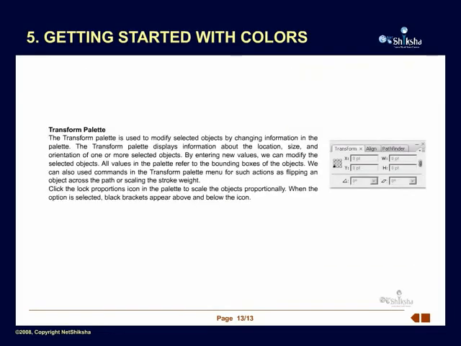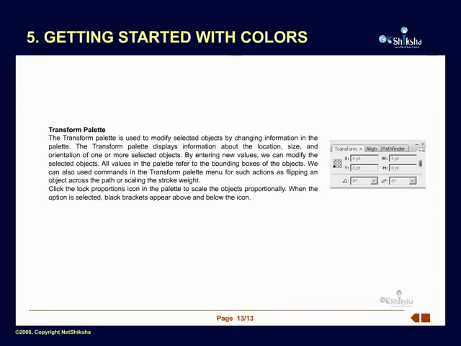Free Transform tool. The Free Transform tool can be used to rotate, scale, reflect, shear and distort objects quickly. Distorting an object varies the size and shape of an object by dragging the corner points of the Free Transform tool's bounding box. As we drag the corner handles of the bounding box, the object's shape is distorted accordingly.